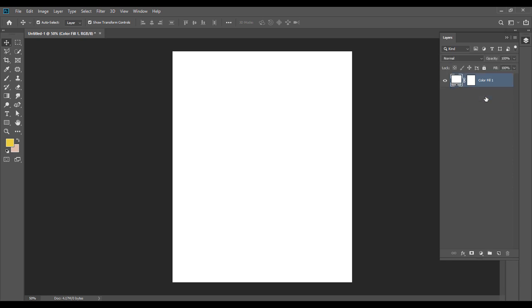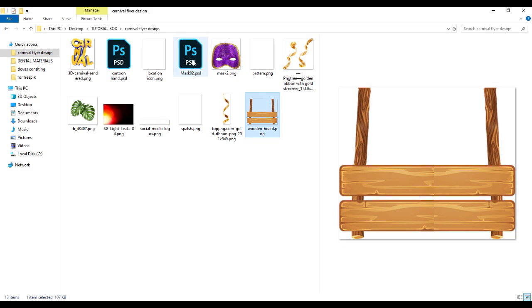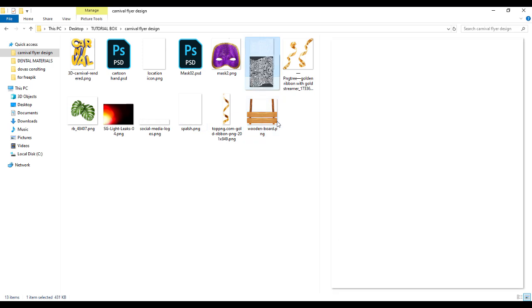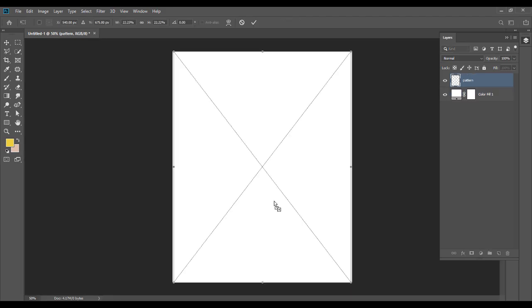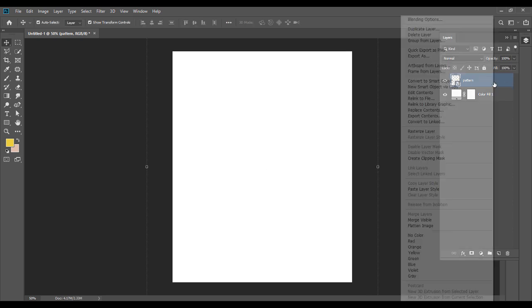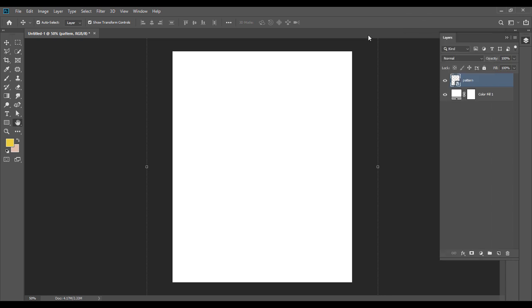Now delete this. Then I'll be adding a pattern as the background. So this is fine. I'll drag like this. You can't see it because it's white. Then blend option,